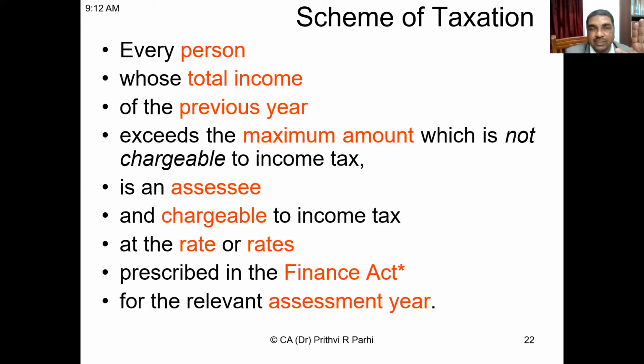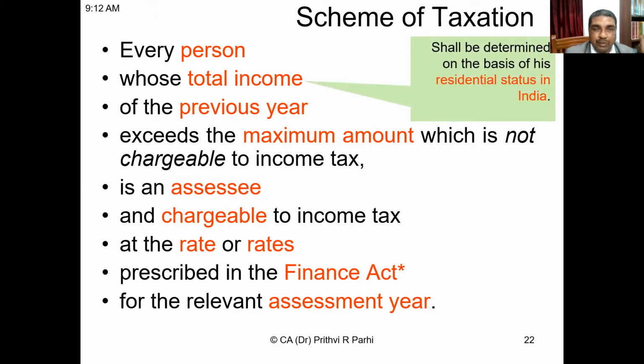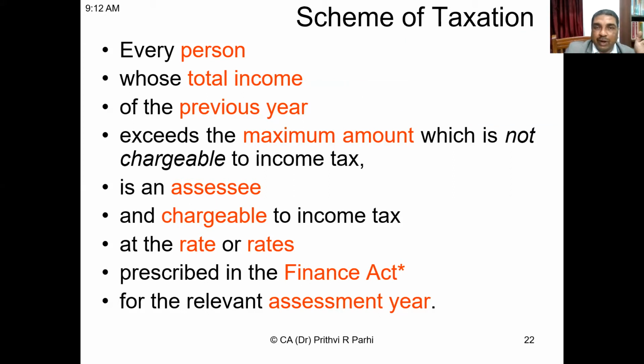Okay, now let us see how to understand. All these terms I'll be explaining to you. I'll be showing you the definition of all these terms. But before that, few other related things also we'll be discussing. I told you one more thing. Every person whose total income, that means what is taxable is the total income. So we need to know how to arrive at the total income. Then only we'll be able to apply some rates and we'll be able to know what is the tax.